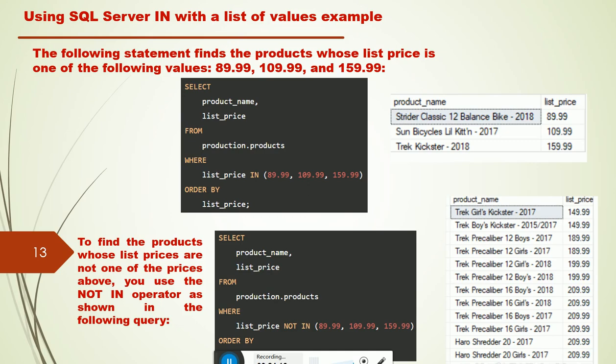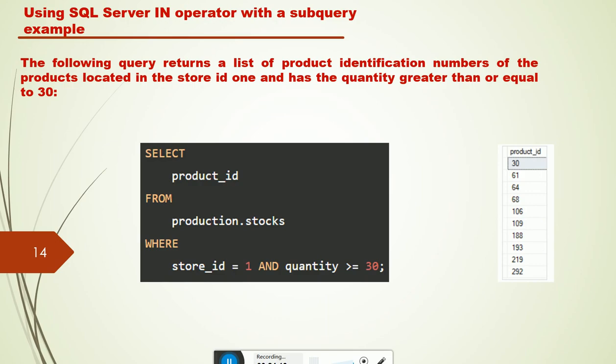Okay, let me show the next thing. The following query returns a list of product identification numbers of the products located in store ID 1 and having quantity greater than or equal to 30. Query is: select product ID from production.stocks, where store ID equal to 1 and quantity is greater than or equal to 30.